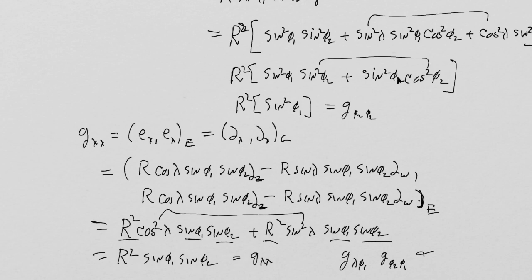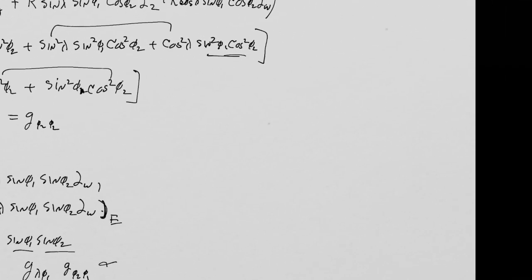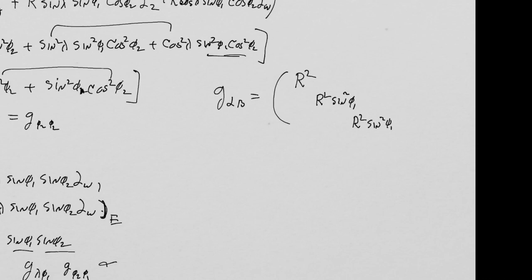So we have found all of the matrix elements, and therefore we know that G alpha beta in our system is going to be r squared, r squared sine squared phi 1, and r squared sine squared phi 1 sine squared phi 2, and 0, 0, 0, 0, 0 elsewhere. If you must draw it as a matrix, then it would look like this. But you could also write it down